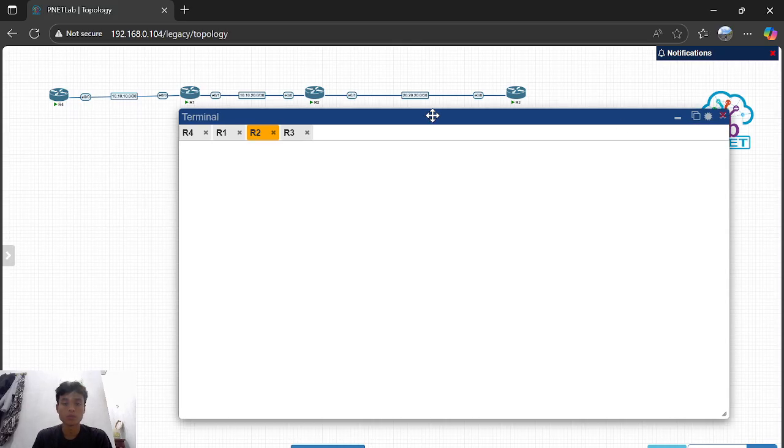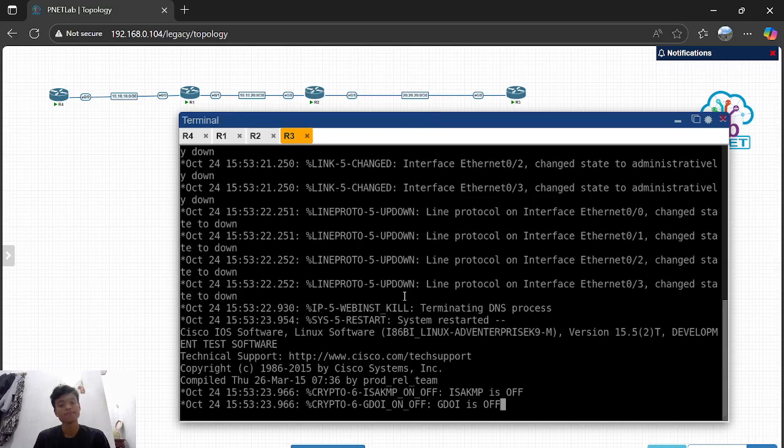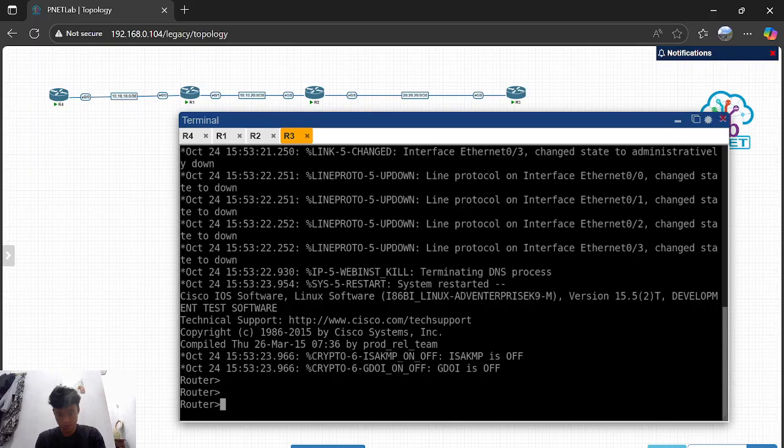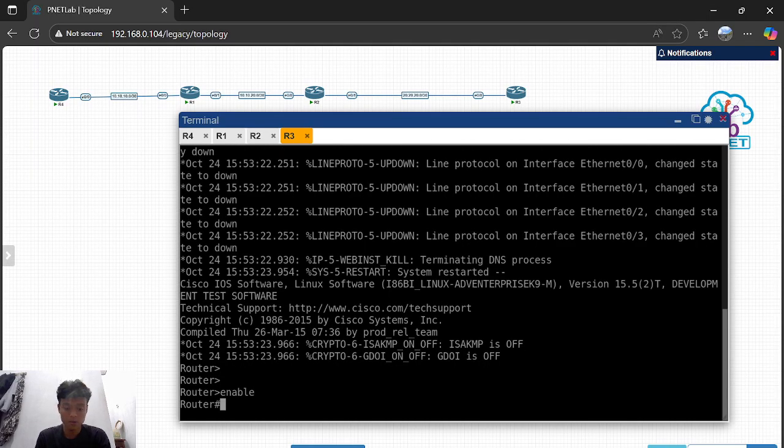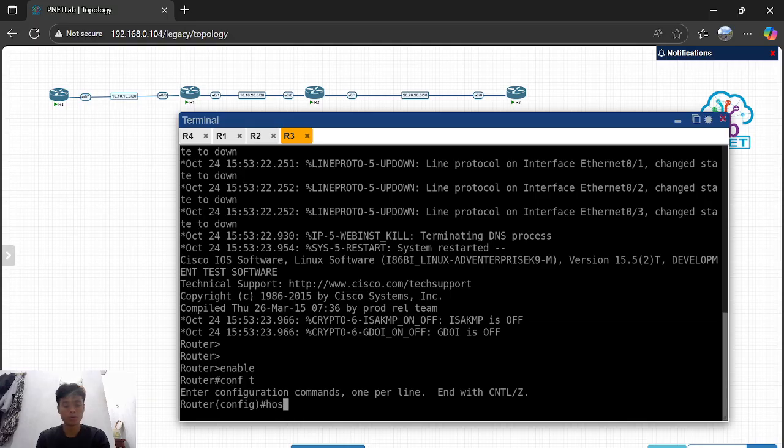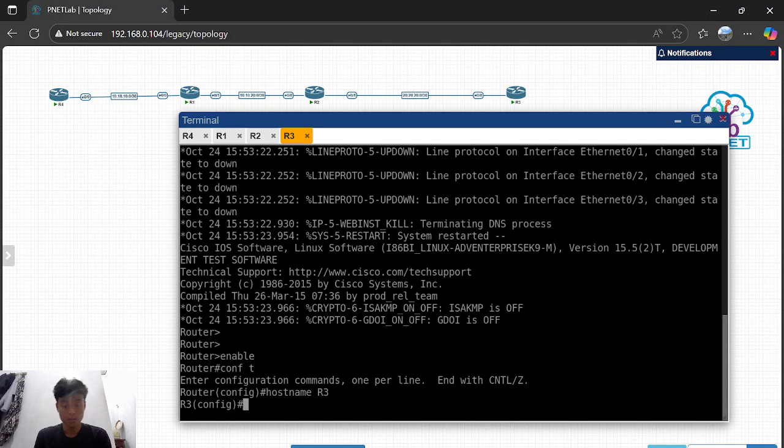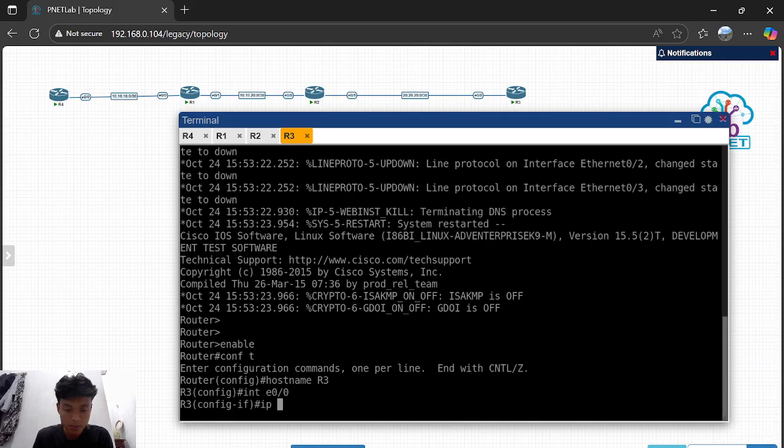So we move to the last router, which is R3. Same as before, with host name R3, and then we fill in the IP address with subnet mask.